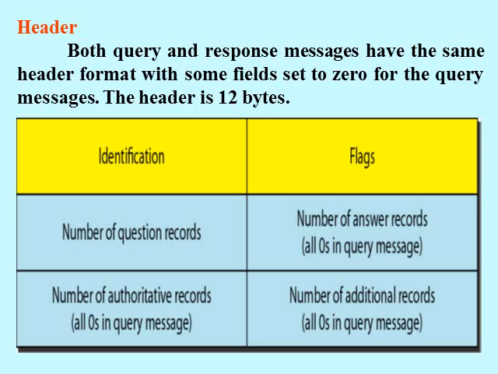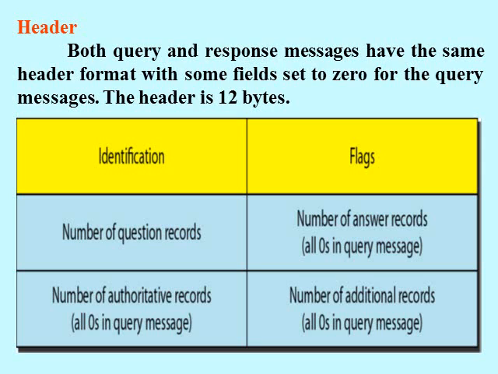Then the next field is the number of authoritative records. In this field, authentication is done according to the record maintained by the questions and the record maintained by the answer sections. Whatever answers are given by the answer section to the respective questions or queries in the question section must be authenticated by the authoritative section of this field. That's why it is called the number of authoritative records, and the records of all these authentication procedures must be maintained in these authoritative records.